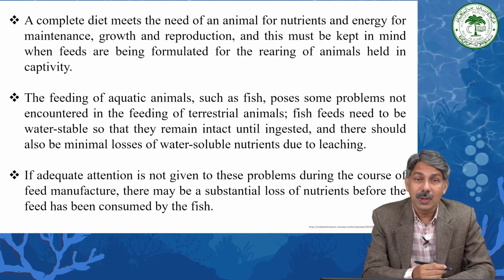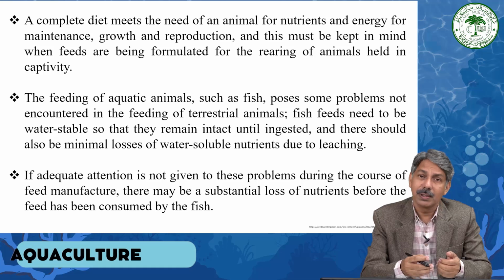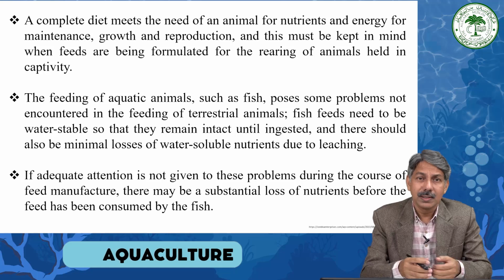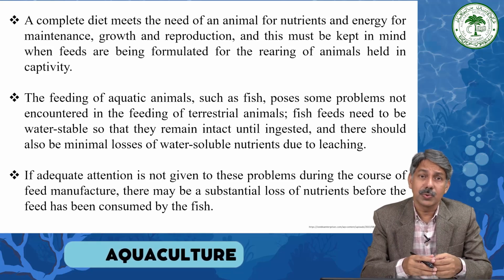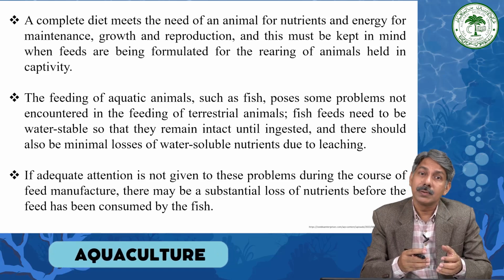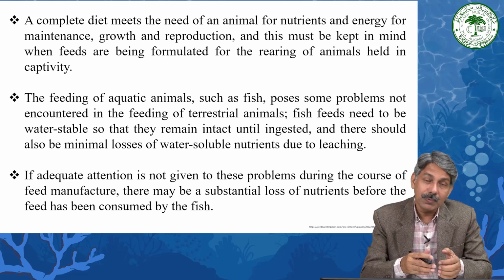While doing so, how we can do that, we have discussed earlier also, you may recall that in order to develop an idea of what kind of food we have to offer, first we must know whether the fish is herbivorous or carnivorous or omnivorous. So based on the gut content analysis or other methods that can be used to study the feeding habit, we can then go on identifying the food organisms on which this fish is depending in nature, and then we can go for